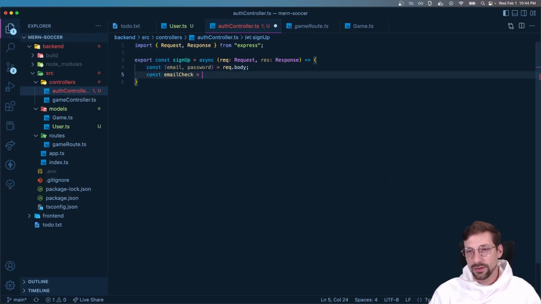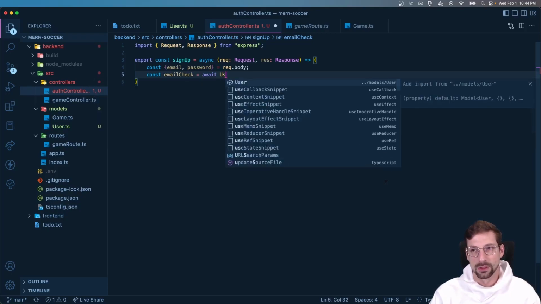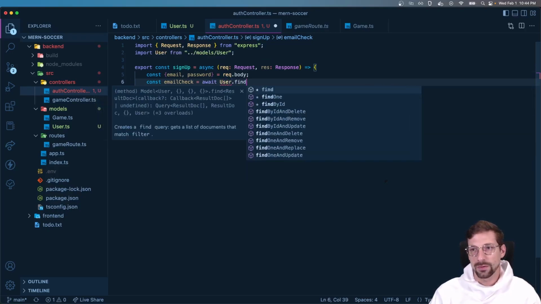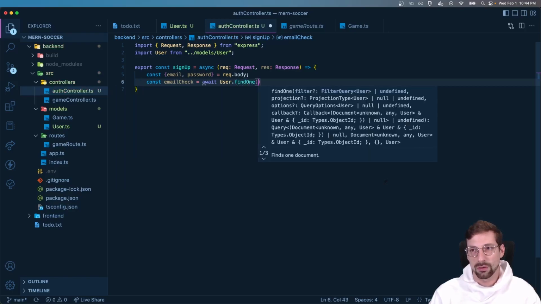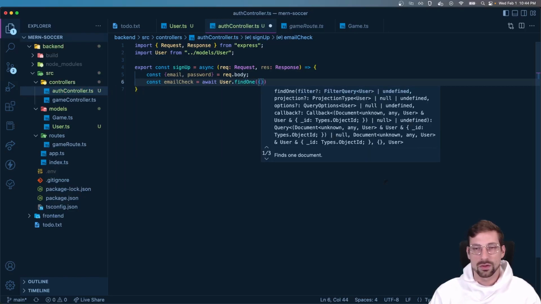So I'm going to create this variable email check, and as the variable sounds, we're going to check whether there's a user with that email. So we're going to do user.find, and again, I got this auto import from the models because we're going to be using the Mongoose ORM to make our queries. So we're going to say user.findOne,